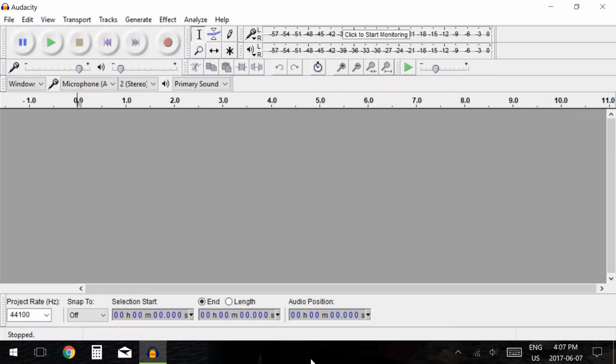Recording settings. Firstly, on the left, we have a drop-down menu that will read MME or Windows. This is a selection for the interface which Audacity will use to record. MME is the standard interface used to record, but I would recommend Windows Direct Sound if the option is available. These options won't make a huge difference if recording your voice, so if you're unsure, leave them alone and forget they exist. The only time I would recommend changing settings after this is if you are having trouble recording or